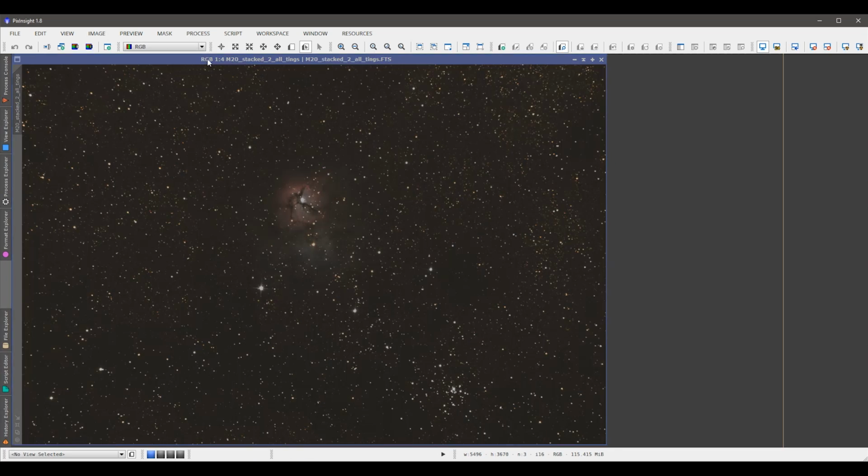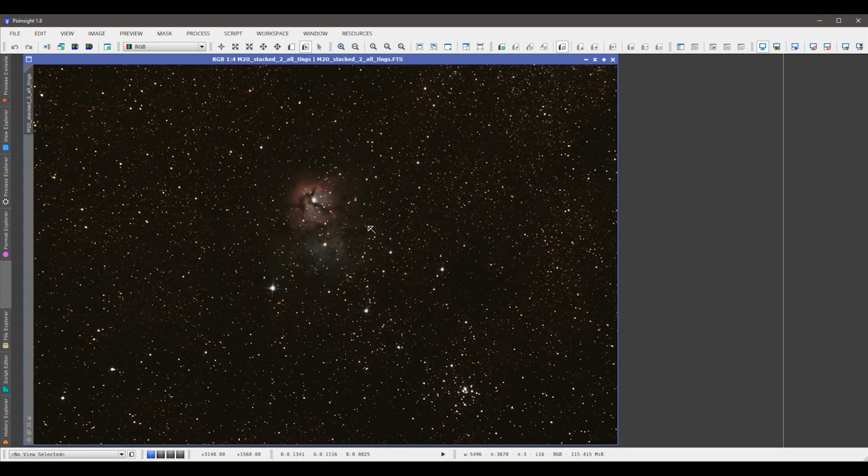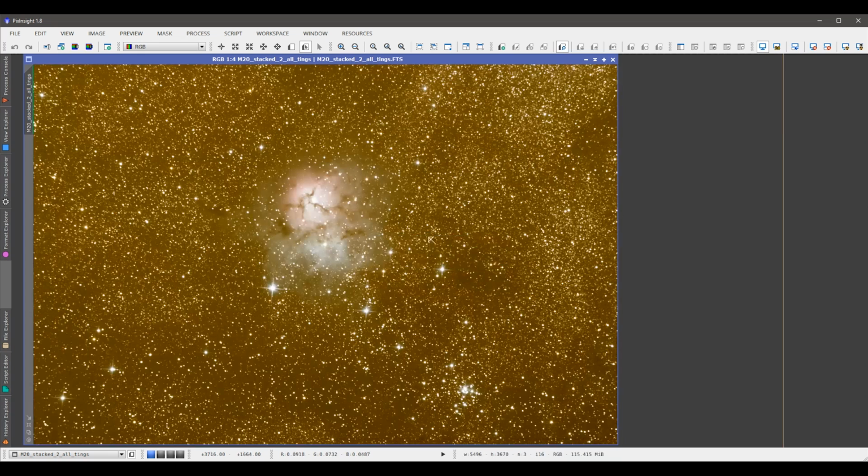So this is my stacked version. I stacked this in Deep Sky Stacker primarily because it's just easier and quicker, but for best results you want to probably stack in PixInsight, but this works for me. So